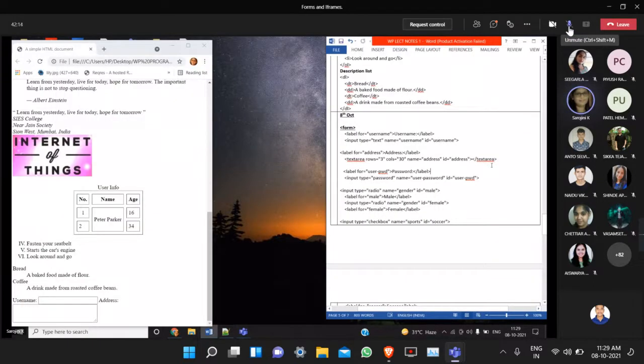Here we are using the ID attribute because we want to link this with the for attribute of the label tag. We are using the ID attribute in the form element because this element should be linked with its respective label through the for attribute. So you are linking the form control or form element to its respective label using the ID attribute. If you did not use the ID attribute, if you had given only for, it will not work.